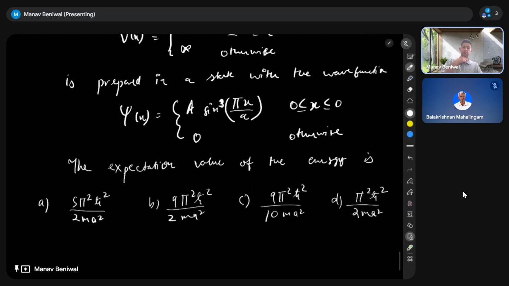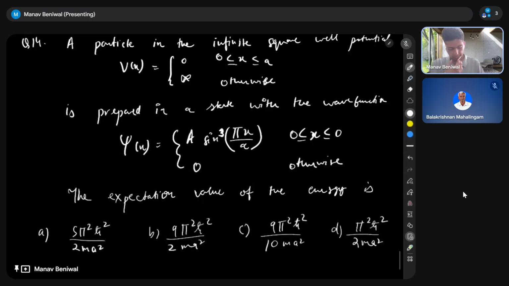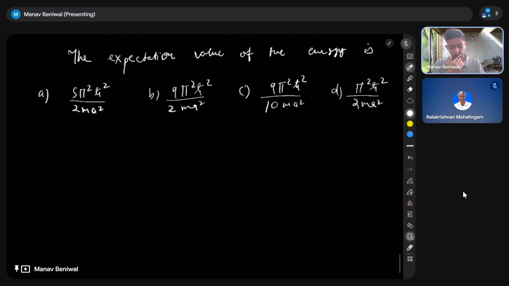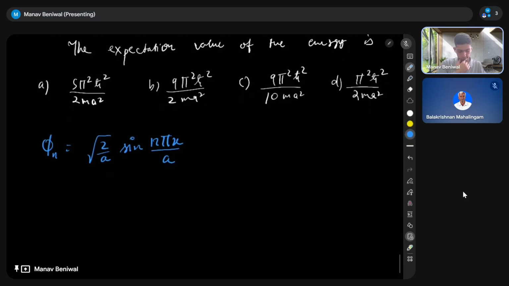okay. So this is the problem. Again, we have a 1D box, and the wave function this time is given as a sine cubed, and then we are required to find out the expectation value of the energy. So generally we know that for a 1D box the phi n's are of the form under root 2 by a sine n pi x over a. So linear sine, right? We don't have square of sine or cube of sine or something. So what we need to do, we need to use this